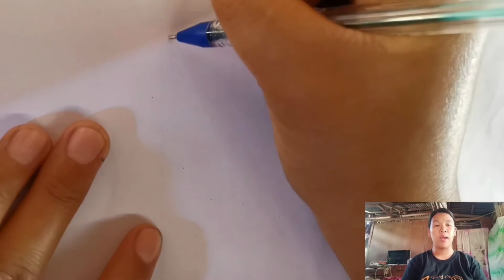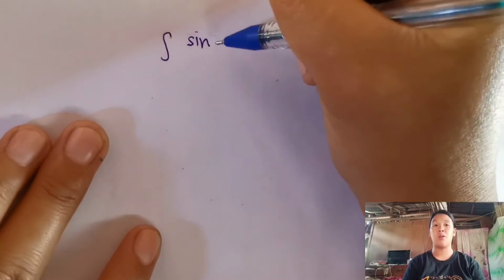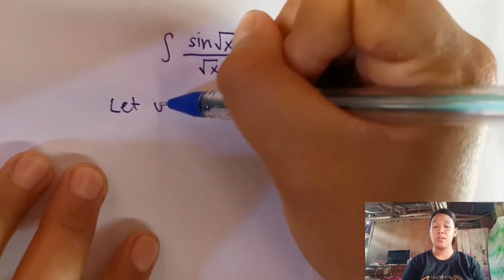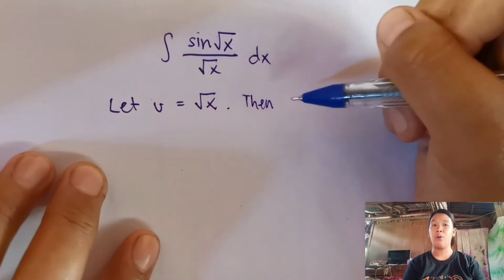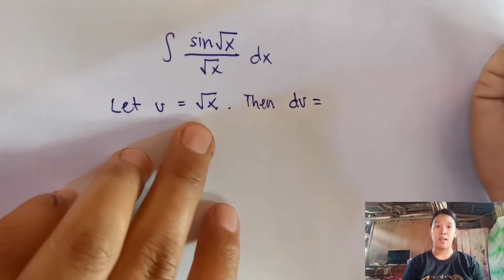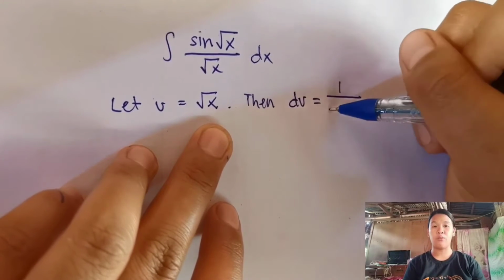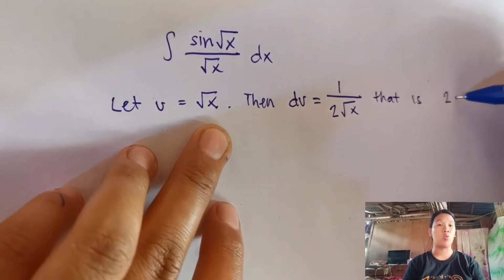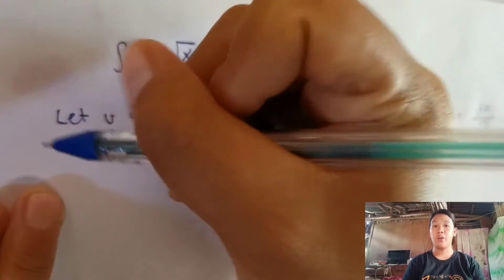Evaluate the integral of sine square root of x over square root of x dx. Let u equal square root of x, then the derivative of u is du, and the derivative of x is 1 over 2 square root of x. That is, 2 du is equal to dx over square root of x. Therefore,